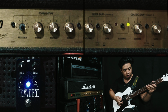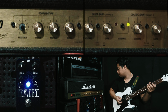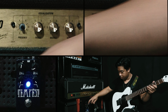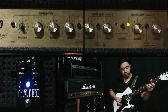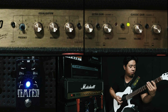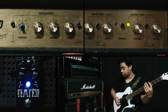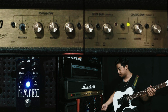I'm going to mess around with this gain knob too. I'm actually going to push that level a bit more because I want the gain to be pushed. So now it's breaking up quite nicely, but it does feel a little harsh, so I'm going to dial this